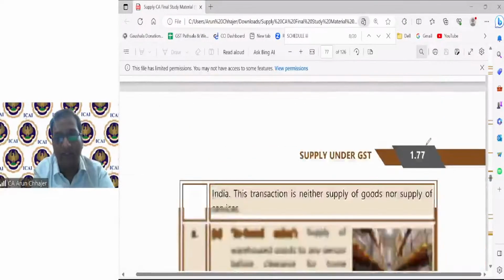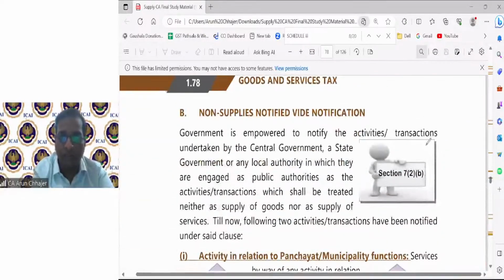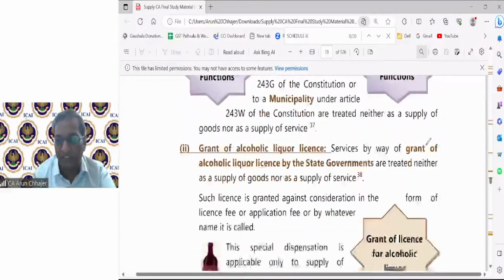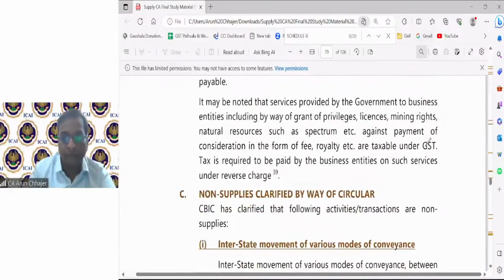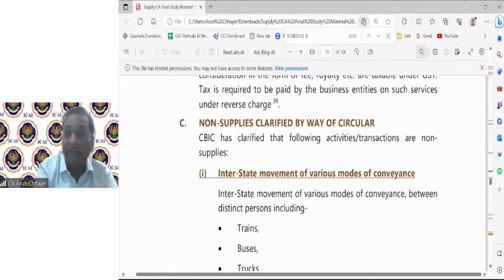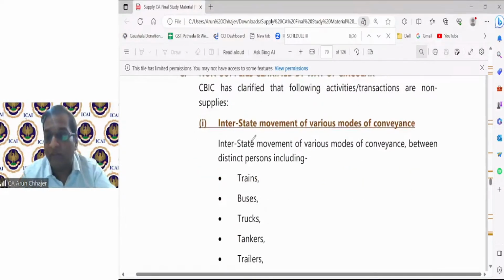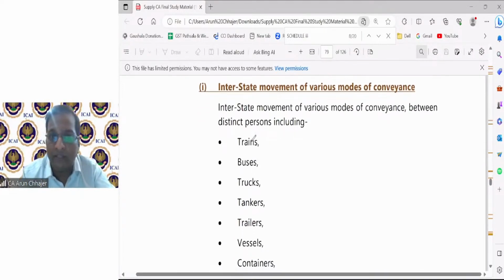Okay, merchant trading we have discussed, IC sale we have discussed. Fine. And there are 2 notifications we have discussed, panchayat and municipality function and grant of the alcoholic liquor license. Now the third part, they have clarified by circular. CBIC has clarified that the following activities are non-supply: intra-state movement of the various modes of conveyance, interstate movement of the various modes of conveyance, interstate movement between distinct